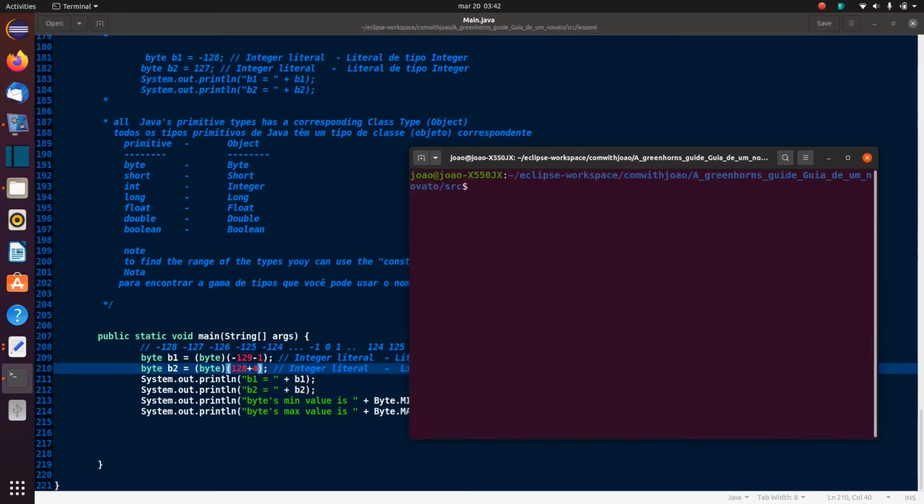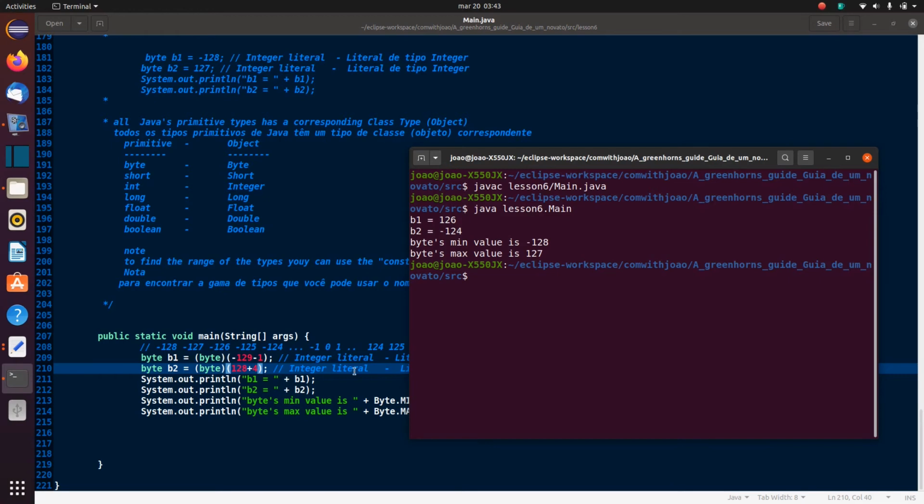screen. Okay, I'm going to say Java lesson 6 main.java, and I compile it. You see it compiles, and if I run it, Java lesson 6 dot main, you'll see it's working fine. I've got the 126 there because it overflowed, and I've got the minus 124 here because of the overflow. Everything's working the same. Okay, but what's important to note here is that these values are known at runtime because it's a